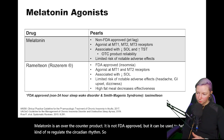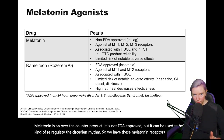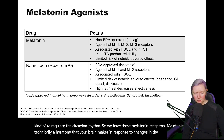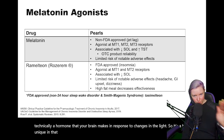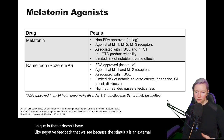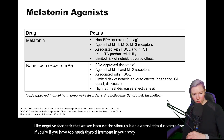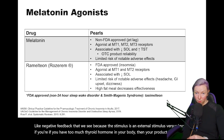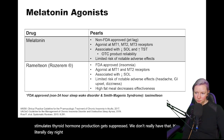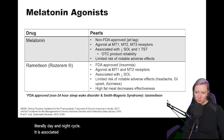So we have these melatonin receptors. Melatonin is technically a hormone that your brain makes in response to changes in light. So it's a bit unique in that it doesn't have that negative feedback that we see, because the stimulus is an external stimulus, versus if you have too much thyroid hormone in your body, then the product that stimulates thyroid hormone production gets suppressed. We don't really have that. It's literally the day-night cycle. It is associated with a decrease in sleep onset latency and an increase in total sleep